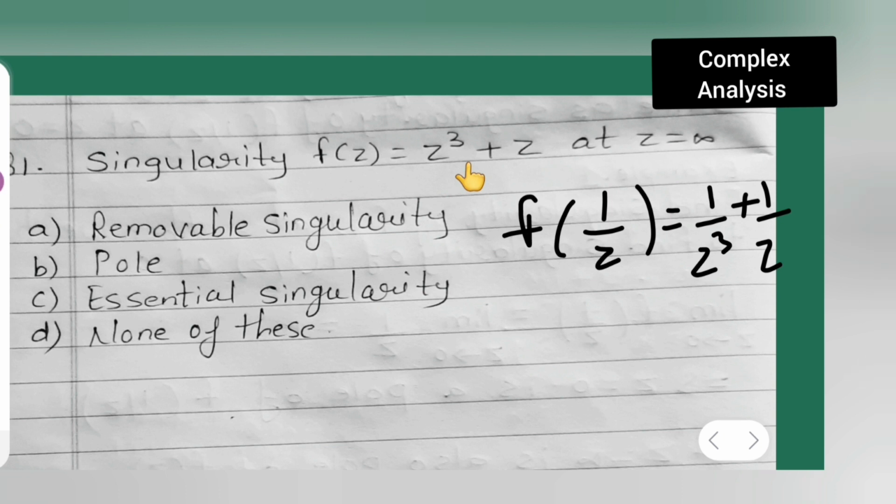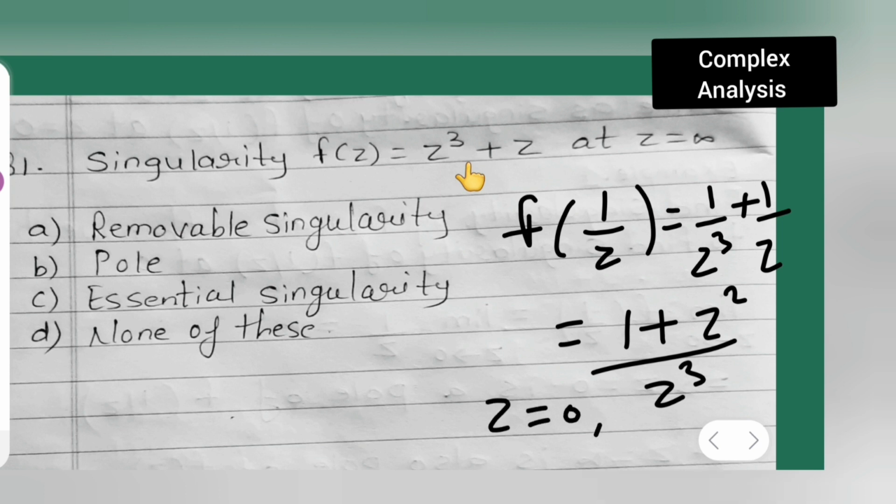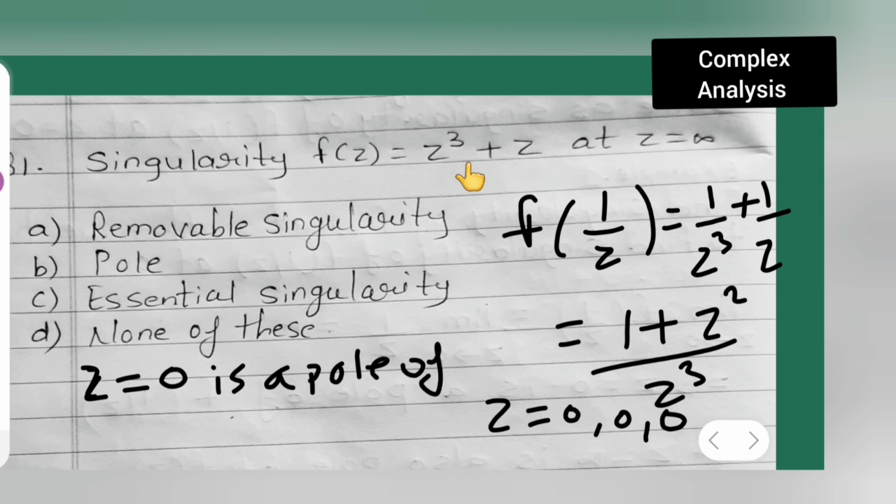So now here it is equal to what? 1 plus, take the LCM, z square upon what I am going to get? This is z cube, right? So now what I am going to get is 0, 0, 3 times 0, right? So basically z is equal to 0 is a pole of order 3